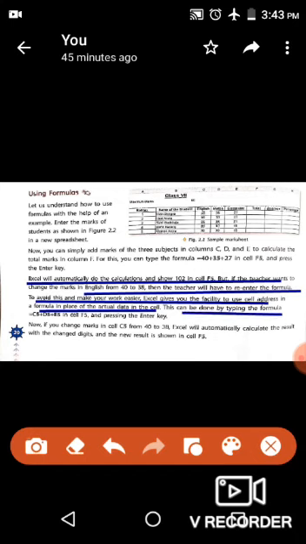This can be done by typing the formula is equal to C5. C5 is column C and row 5, the value contained in C5.